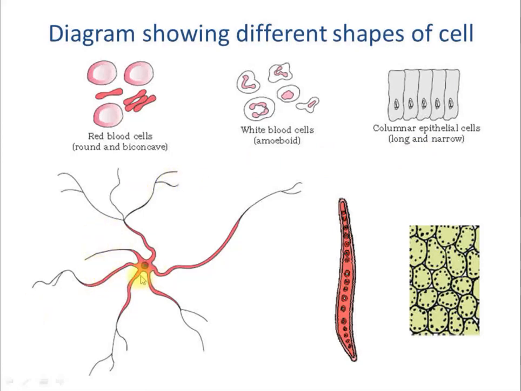Next one, this is a long, branched structure, right? And definitely it is a nerve cell, a neuron. Very good. Here is an elongated shape, and this is responsible for transportation of water and minerals, also for structural support in woody, vascular plants. That is a component of xylem fiber, which you call a xylem vessel, which you call a tracheid.